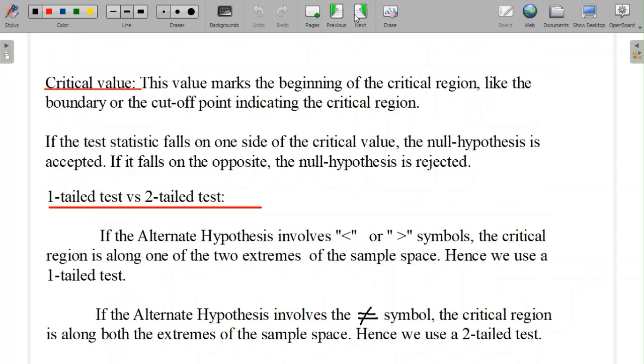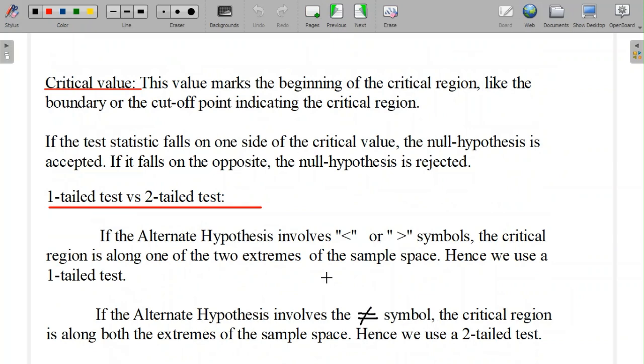The next thing that we have to be very careful about is to determine whether the test that we're performing is a one-tailed test or a two-tailed test. If the alternate hypothesis involves the less than symbol or the greater than symbol, the critical region for such a test is along one of the two extremes of the sample space. Therefore, we call this a one-tailed test because the critical region belongs to either the left or the right